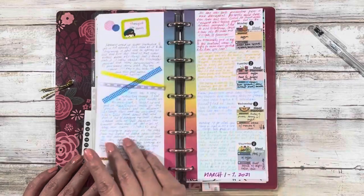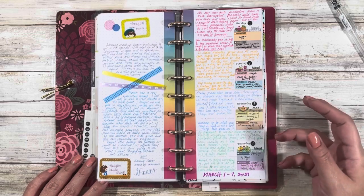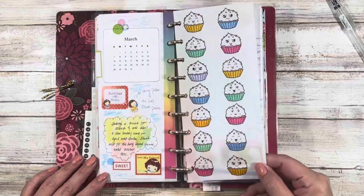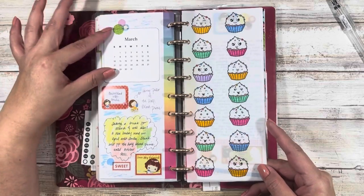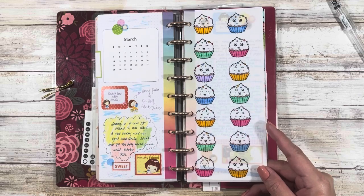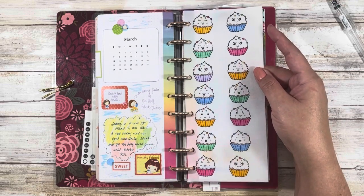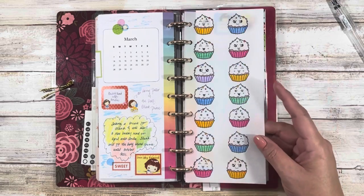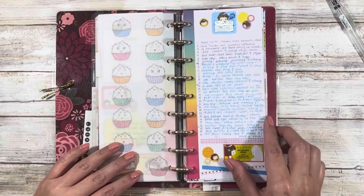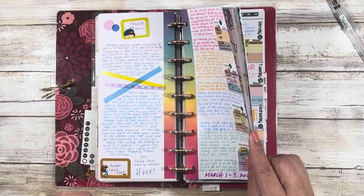my friend Andy had given me these meal planner stickers. It kind of dictated the theme for me, so I was just going to lean into it. So the aspects of the monthly calendar, I did pick this up from Sticky Mo, I believe is the Etsy shop. I'll link it below. This is a coloring page that I had printed on vellum and then colored it in with mild liner and then just punched it and put it in here. My thought of the day, and then we go into the